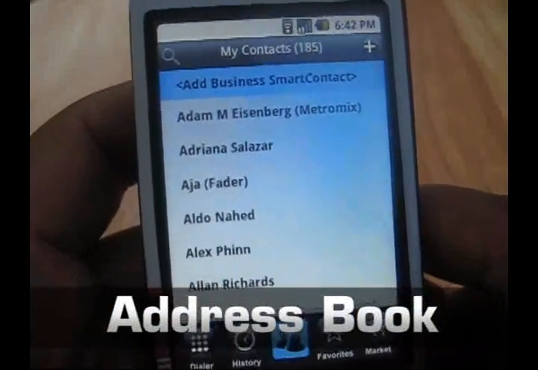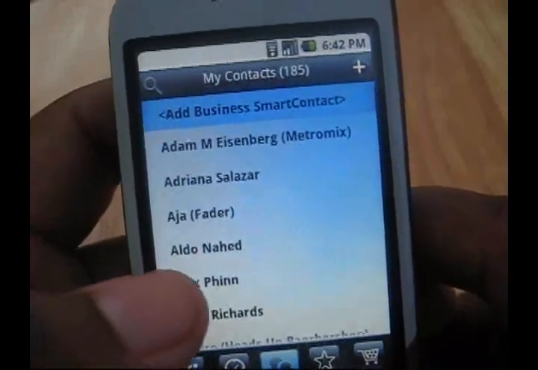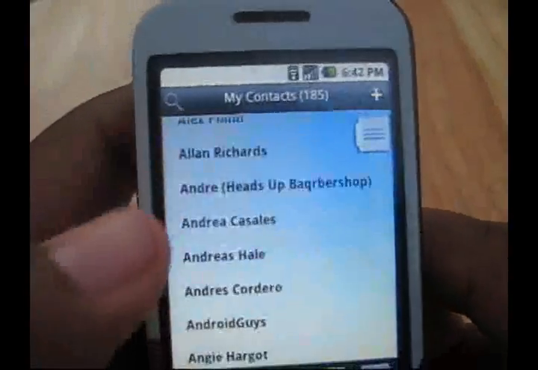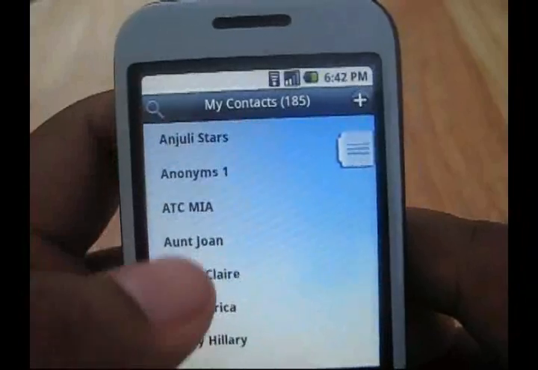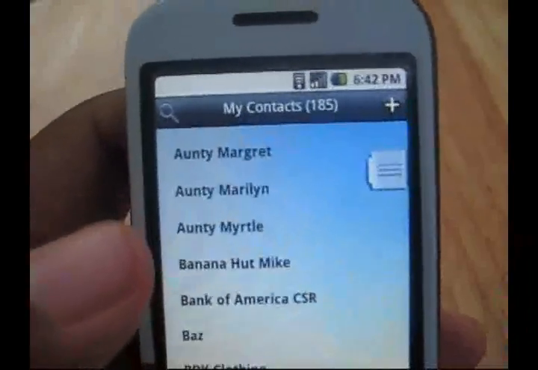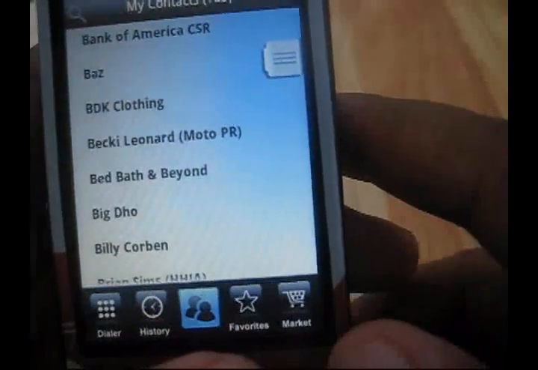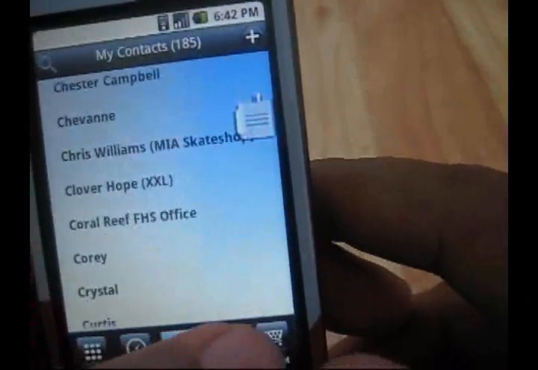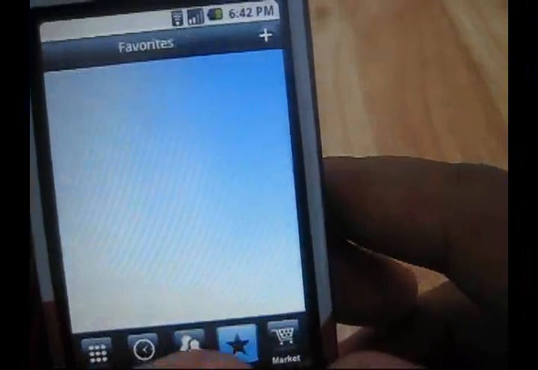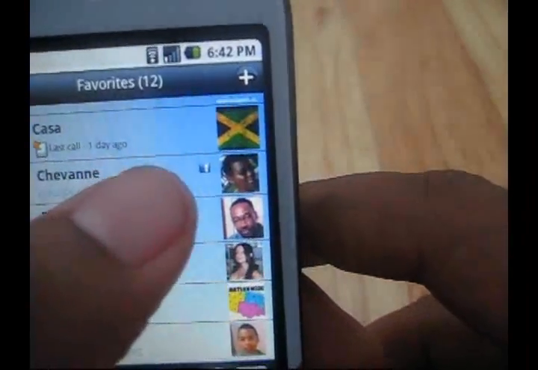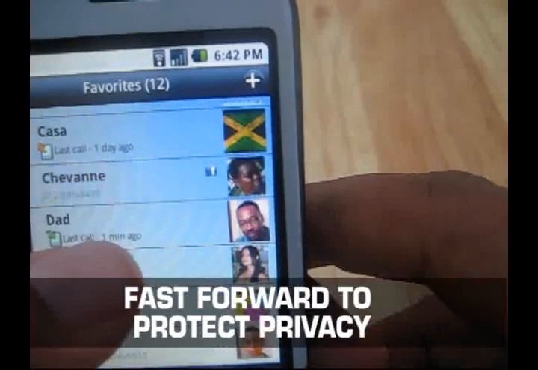Okay. And here you have address book, which is another contact management system. I really like this because it's faster than other replacement apps that I've seen for the contact system, and it integrates things in a lot of ways. They have what's called mix-ins. So I'm gonna go to my favorite people, and I'm gonna browse down, and you notice the little Facebook icon next to this person's name. So I'm gonna click it,